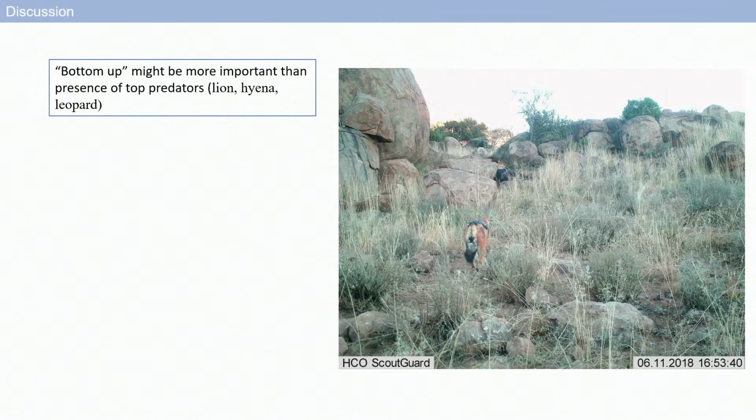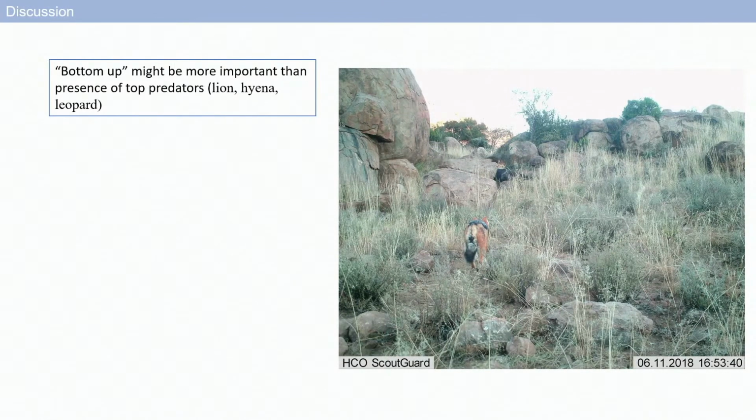Okay, we found then that bottom-up might be more important than the presence of predators. And this is something that was interesting. Usually most studies suggest that top predators have an important effect on mesopredators. However, some of these studies only consider the community variables, and they forget about the relation with the environment. In this case, we tried to compensate for that, and we put everything on the same plate to see which one was more important. And we see that the bottom-up was more important, in terms of the vegetation and so on.